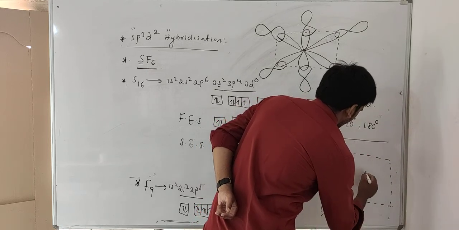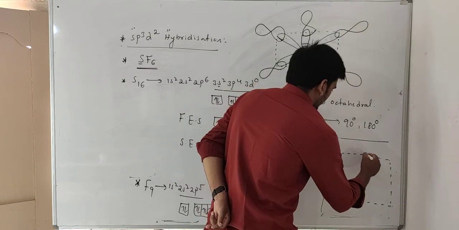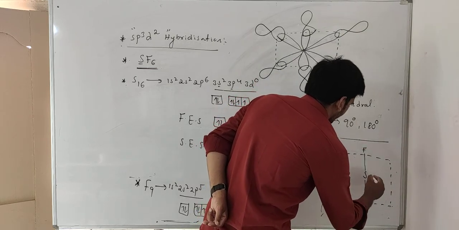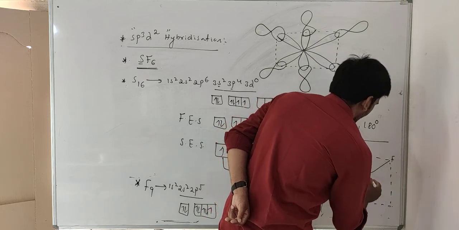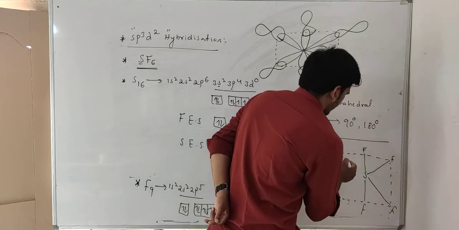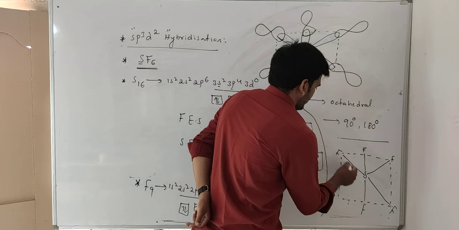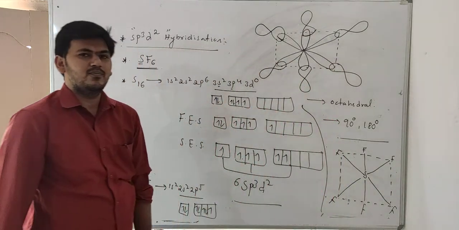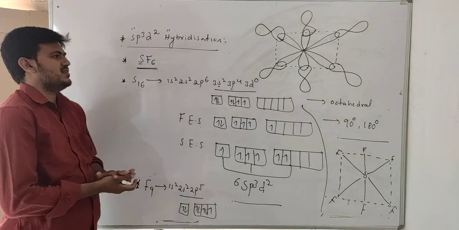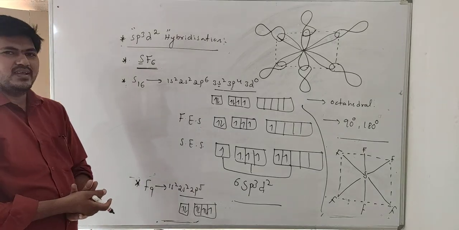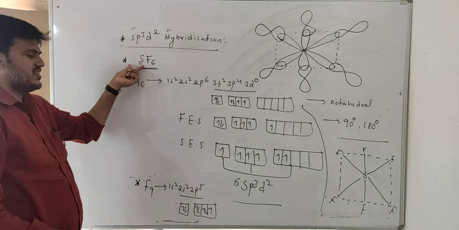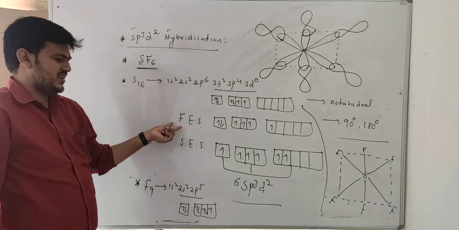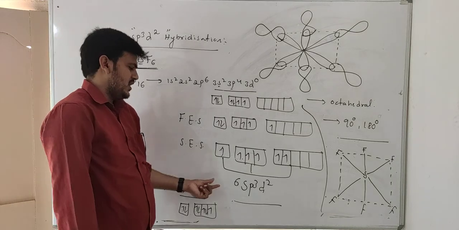Sulfur hexafluoride: the central atom is sulfur, bonded to six fluorine atoms: the first, second, third, fourth, fifth, and sixth. The shape of the molecule is octahedral. So this is sp3d2 hybridization. Example SF6: central atom sulfur, electron configuration, first excited state, second excited state, and a total of